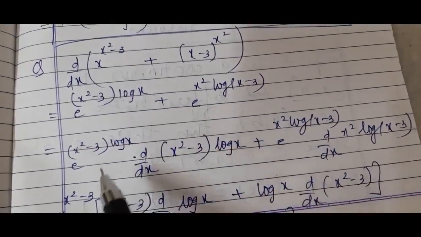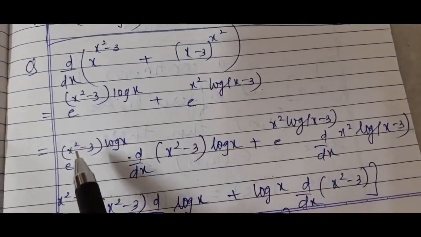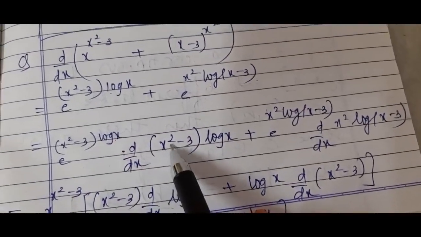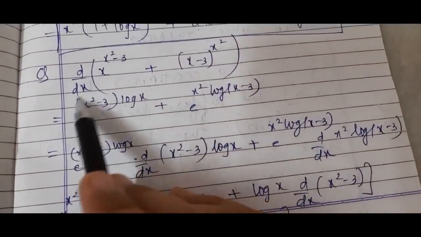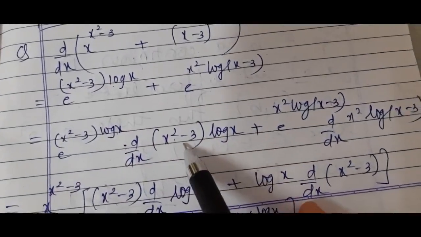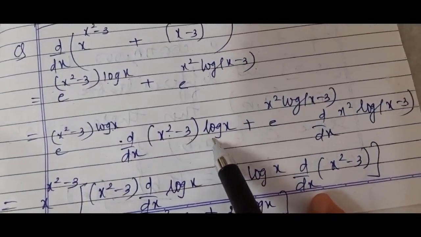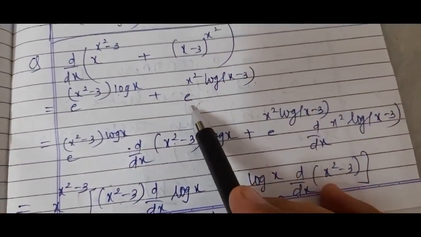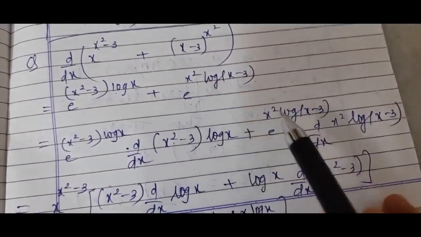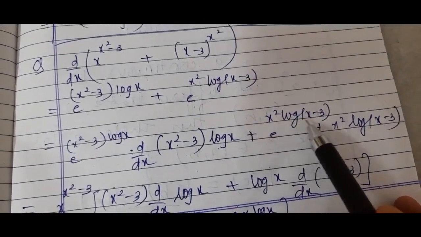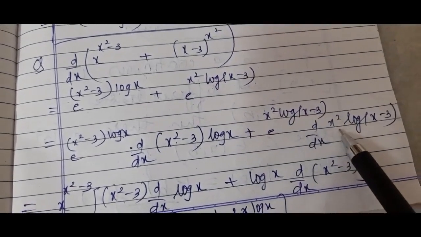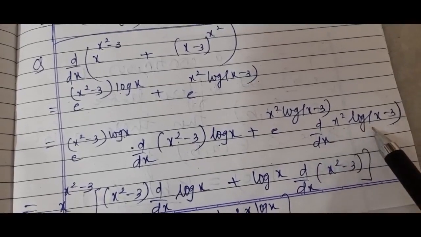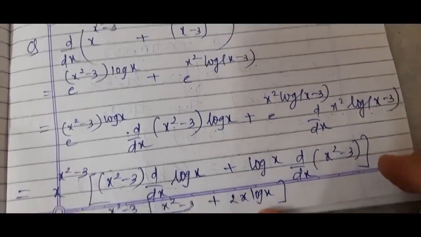Differentiating both these terms separately, we get e raised to x square minus 3 into log x into d by dx of x square minus 3 into log x, plus e raised to x square into log of x minus 3 into d by dx of x square into log of x minus 3. Here we are going to use f(x) into g(x). So the next step is